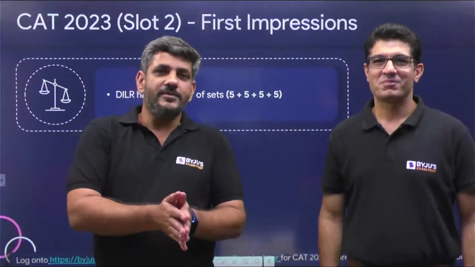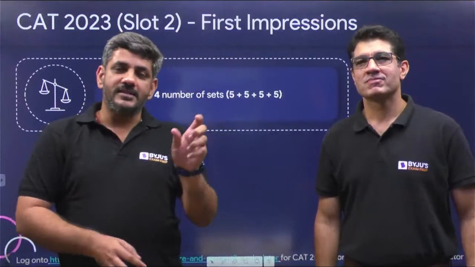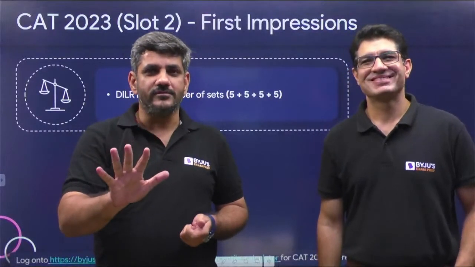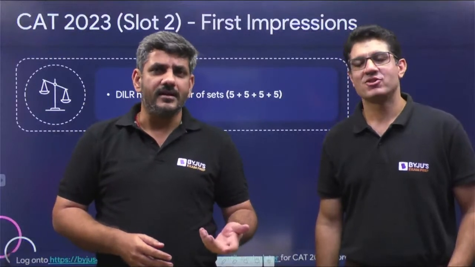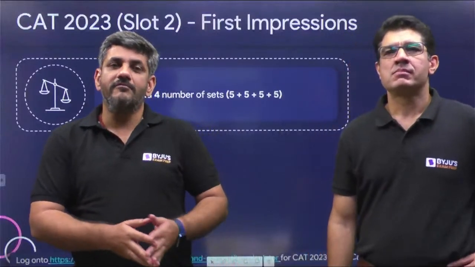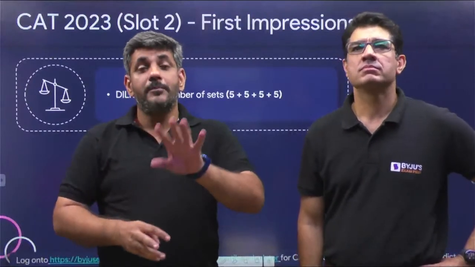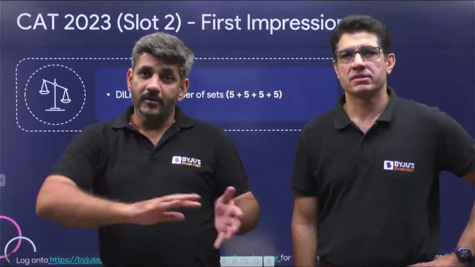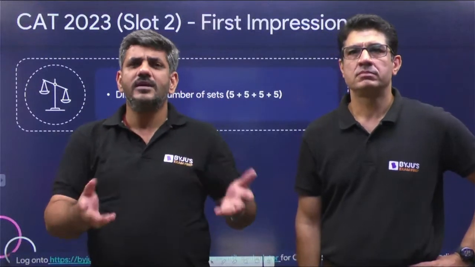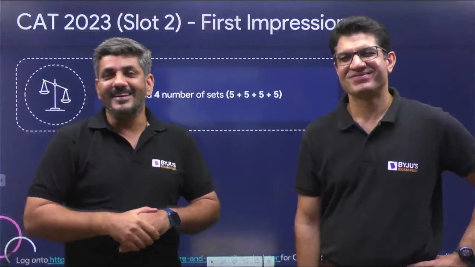Rather, honestly speaking, that asterisk should be from our side to them: if it's a TITA question, and that too an odd one out, having only 5 possibilities, 1, 2, 3, 4, 5, there is anyway a 20% chance of being correct, and you have nothing to lose. So why wouldn't you do that question? We should be telling all our students to attempt these 2 asterisk questions, the odd one outs, because in a para jumble you still have 24 possibilities, since 1, 2, 3, 4 can be arranged in 24 ways, but an odd one out has just 5 possibilities. Even if that asterisk was not there, you should have done it.